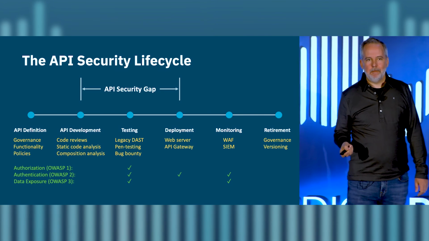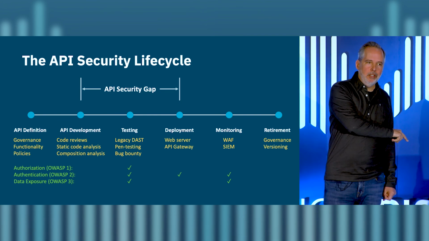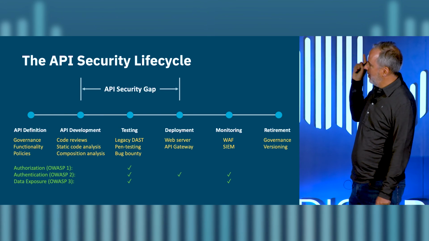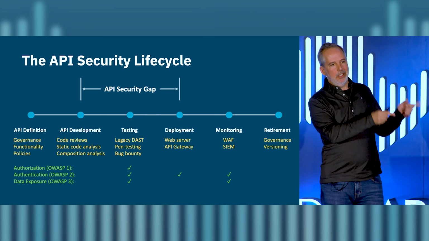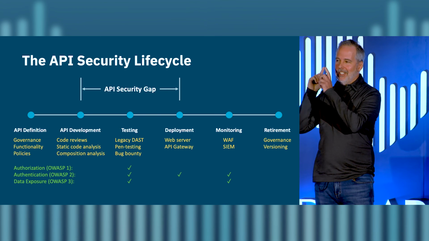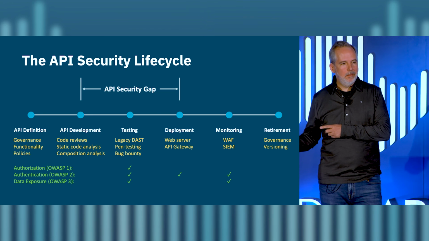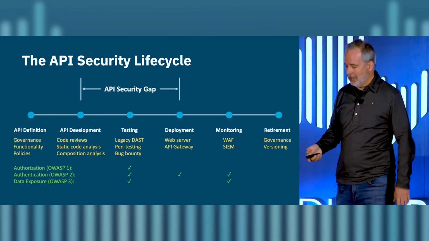So then we looked at where you can find these flaws, OWASP 1, 2, and 3, not to mention the rest. But what were 1, 2, and 3? Can you find authorization flaws in testing? Sure you can. Log in as Dan, and then try to access Aaron's records. If that works, you've got a flaw. And then automate that, and come up with all the different combinations and permutations.